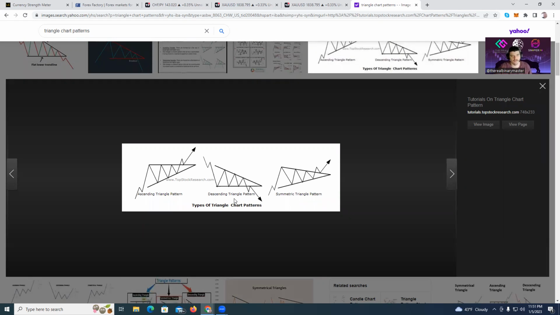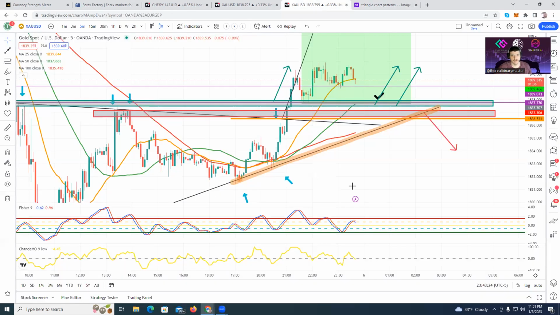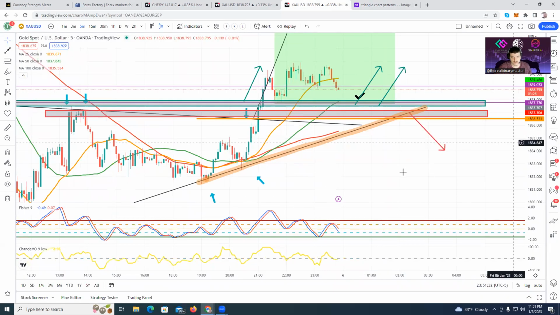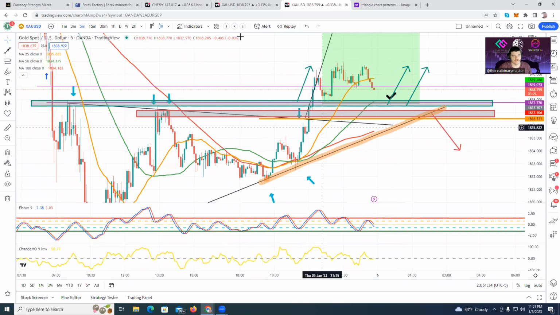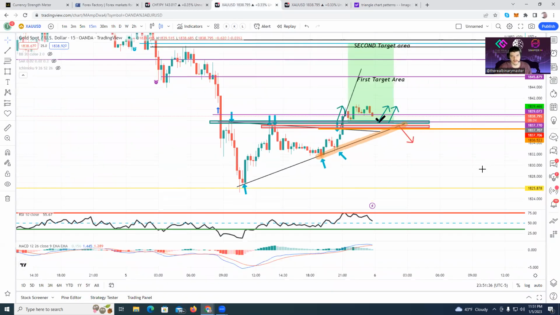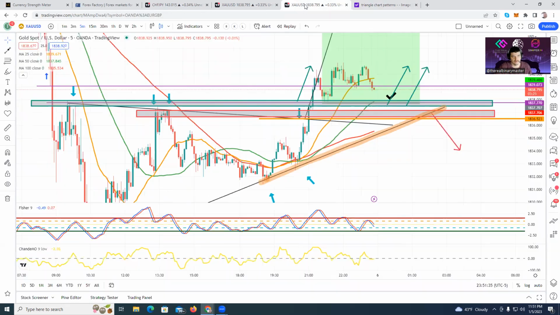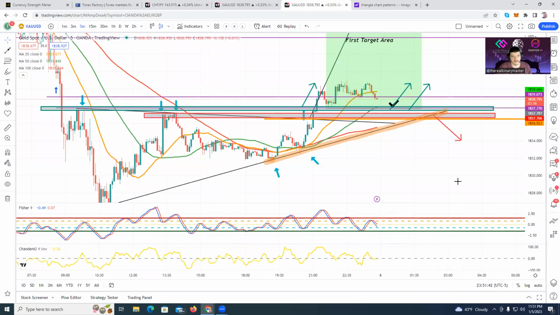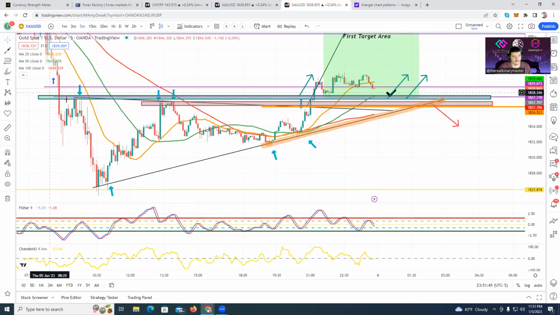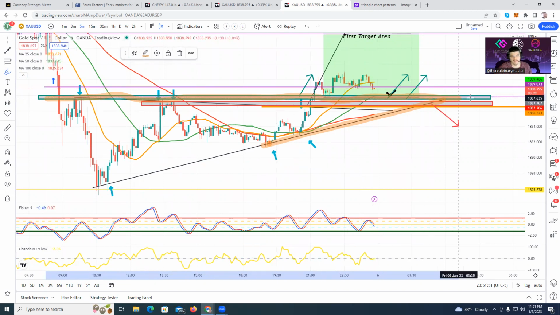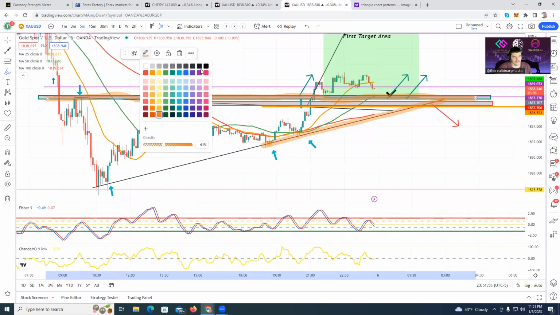So what I noticed when I was taking a look at gold, and we're going to take a look at it right here, is I seen gold was creating an ascending triangle, right? When we zoom out, we can see this a lot clearer. I'm going to highlight what I'm seeing. We can see that this here, excuse the non-straight line, but you get the drift, guys. You get the drift. We can see here